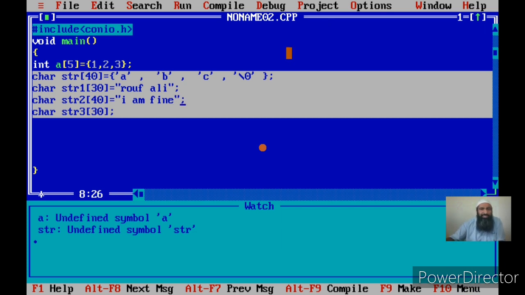Okay, now where is I stored? It is stored in the first element of str2 of 40. So that is str2 of 0. Okay, then space will be stored in the next element, then A will be stored in the third element, and so on and so forth. And the last character that will be put by the compiler itself is the \0, because a string is a set of characters terminated by \0.